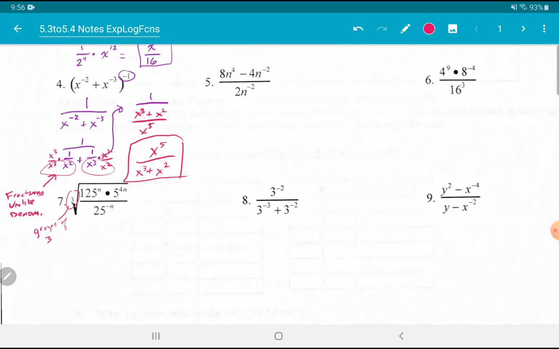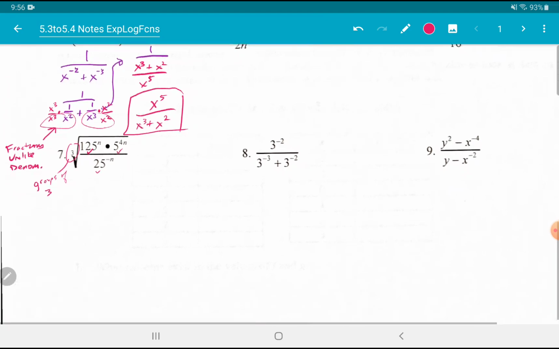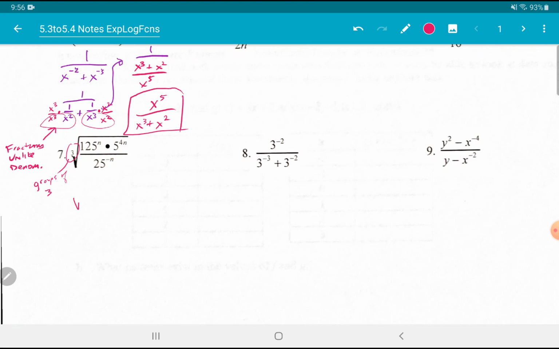I notice that we have a 125 as a base. I also see we have a 5 as a base and a 25 as a base. Well, all those numbers actually have something in common, right? They all have a common base of 5. So we'll just rewrite this. This is the cube root of 125 is the same thing as 5 cubed, and then that is to the power of n, times 5 to the power of 4n, all over 25 is the same thing as 5 squared to the power